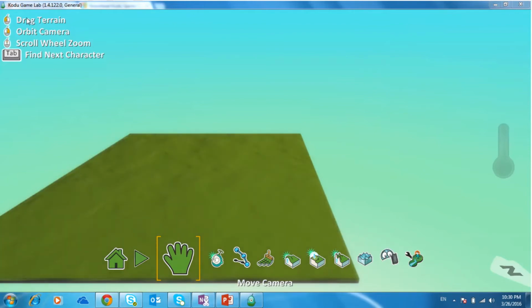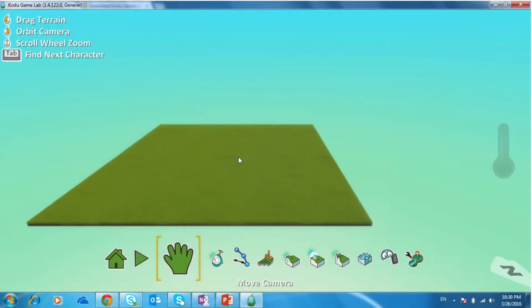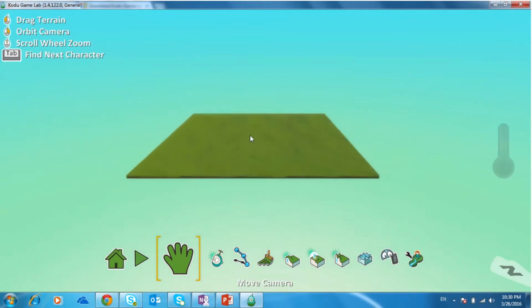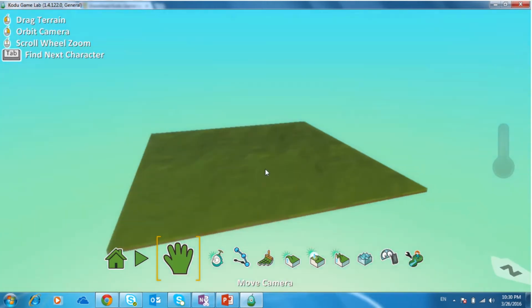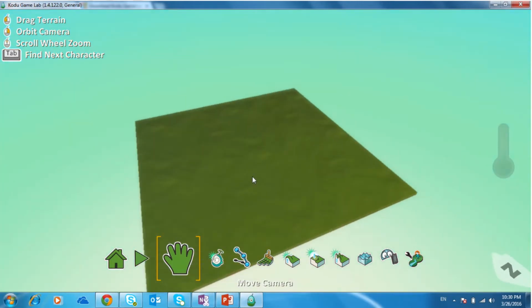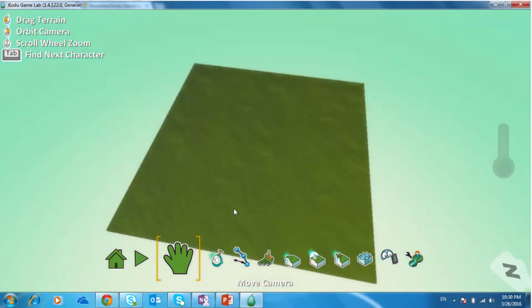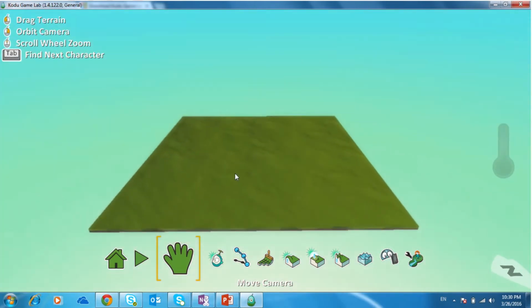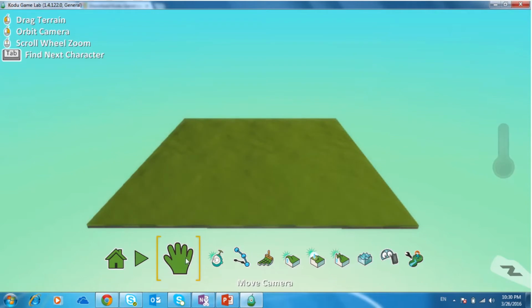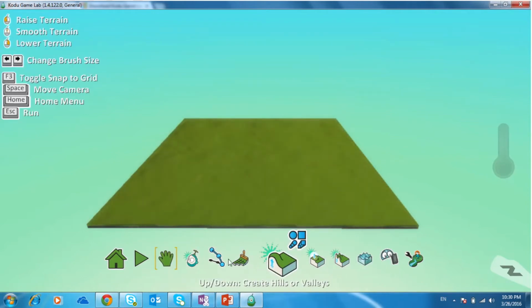As you can see over here, there are a lot of options. If you want to drag this terrain, you can left click the mouse button and drag the terrain the way you want to place it on your screen. If you want to orbit your camera, as in if you want to see this terrain from a different camera view, you can right click and then move on your scroll bar, touch on your mouse touchpad, and drag the camera view. So there are various options over here that you can work with in the new terrain.